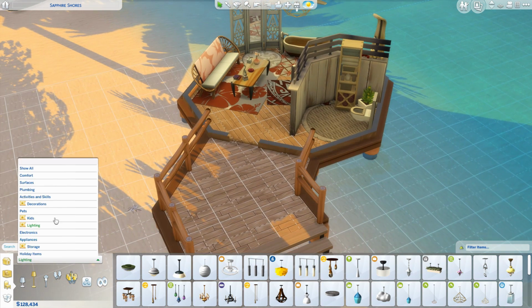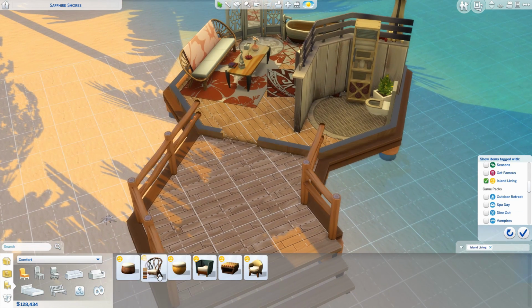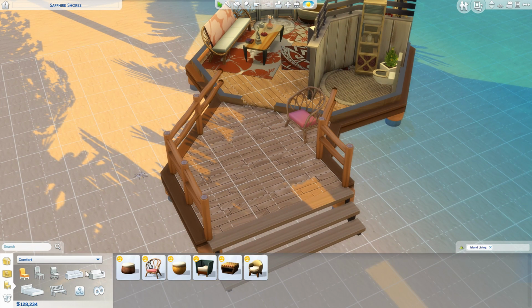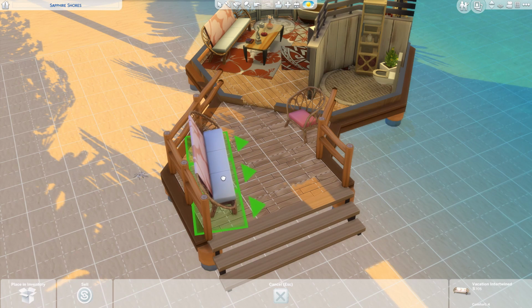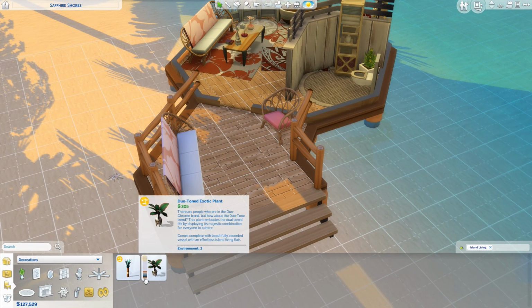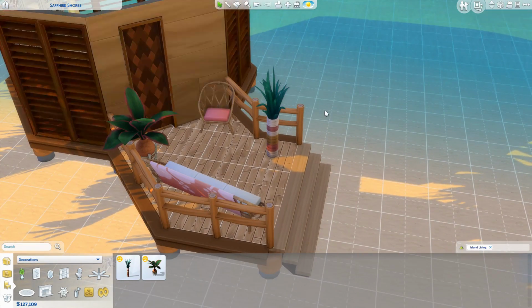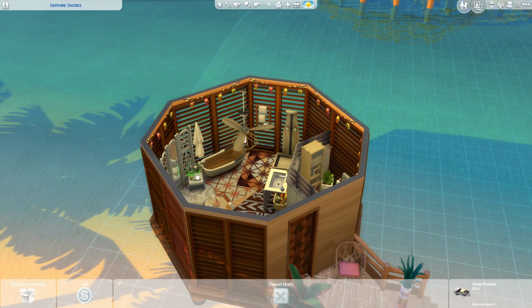And if I had been thinking clearly, I would have put a rug in front of the door as well, but I was not thinking, apparently. So if you download this lot, you can totally put a rug in front of the door there. And then I put the same couch outside for some reason. I'm not sure why. That was kind of dumb. I should have at least put a different color swatch there, but...